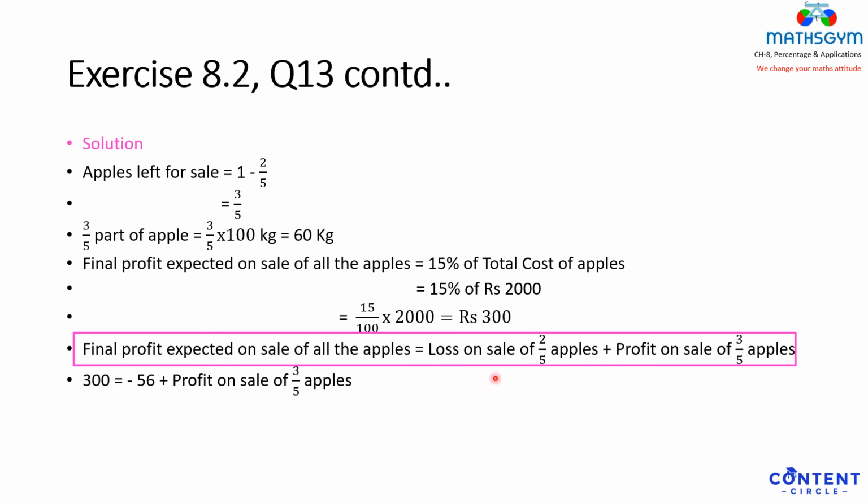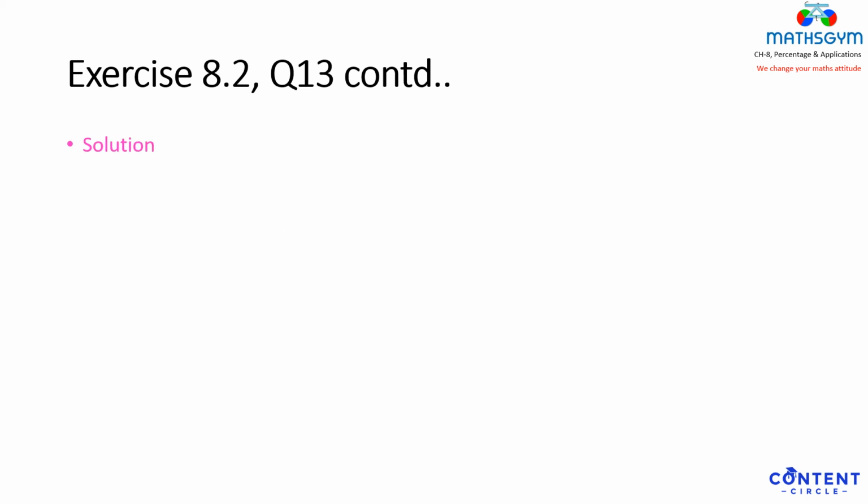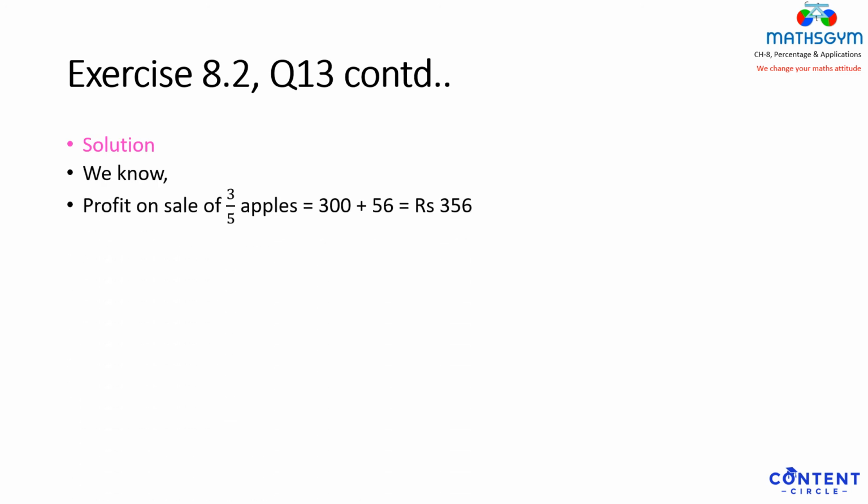So 300 is equal to the loss, the 56 rupees of loss we are putting with a minus sign, plus the profit on the sale of 3/5 apple, which we will now get. How do we get it? Let's flip the sides. We are just flipping the sides, not transposing. So minus 56 plus profit on sale of 3 by 5 apple is equal to 300. So we know this profit on the sale of 3/5 apple is 356. So the profit on the sale of 60 kg apple